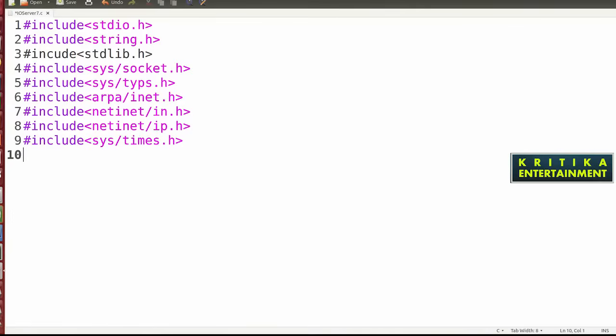That time structure is stored in the sys/time.h header file.